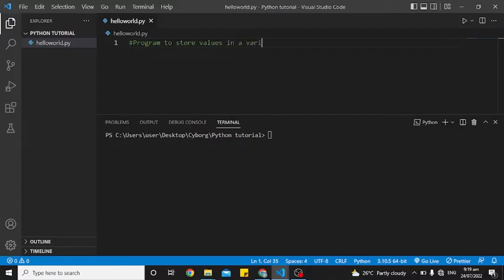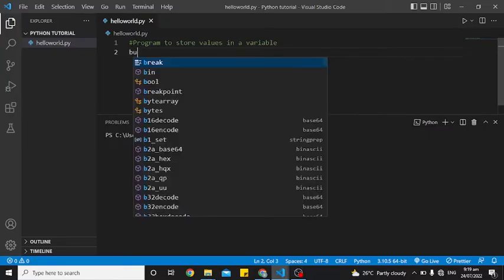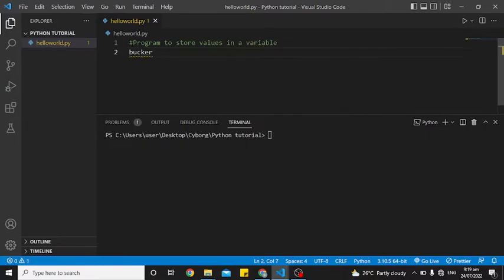in a variable. All right, now we're going to give ourselves a variable, we'll call it bucket. The variable is going to be called bucket equals Emmanuel. Now that's my name. Remember, it's a string, so it should be within quotation marks. All right, so the bucket is now called Emmanuel. So if I say print bucket,